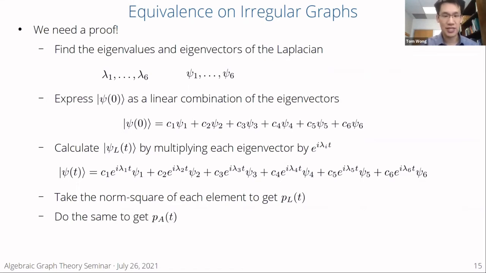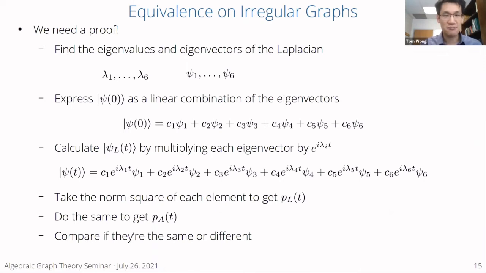And you do the same thing with the adjacency quantum walk. And now that you have these two analytic expressions, you can just compare them now and see, are they the same or are they different, rather than using numbers where it's clear that we might be having some numerical error. So yeah, the goal is to compare them.